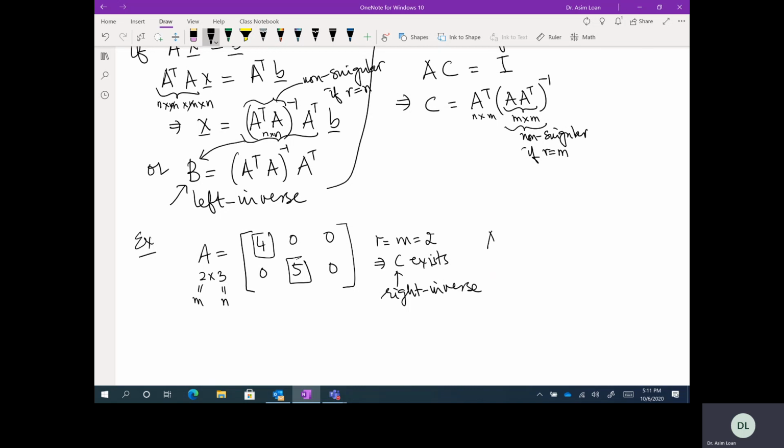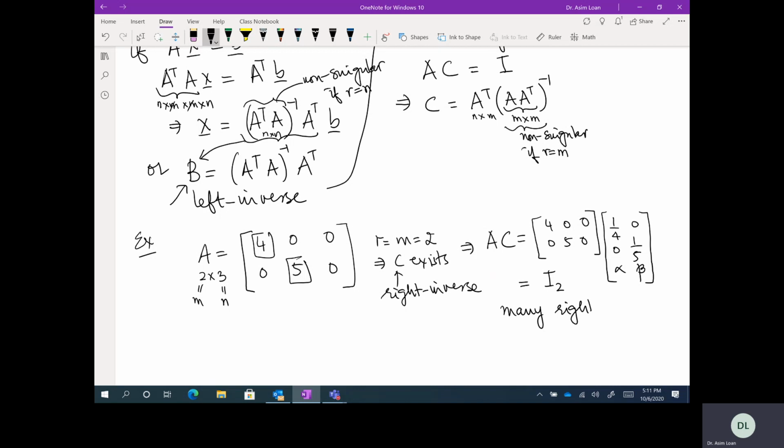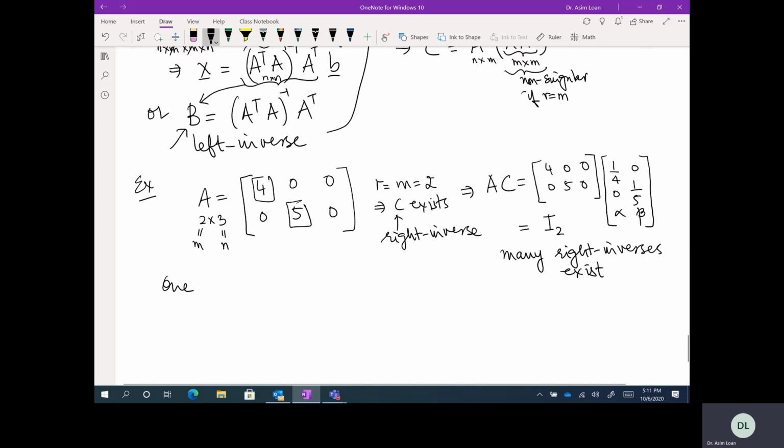So this implies AC equals [4 0 0; 0 5 0]. C is going to be N by M, which is 3 by 2. So this would be 1 by 4, 0, 0, 1 by 5, some alpha and some beta, right? And this will give you I2, and many right inverses exist. One specific right inverse